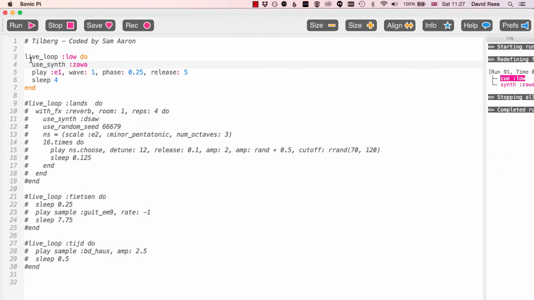So what's going on in this first live loop, the low live loop? Well, simple things that we've talked about before, really. We've selected which synth we want to use. We're using this Zawa, which is a saw synth, one of the ones that comes with SonicPi, and we're just asking it to play a note of E, a pretty low E, in an octave way, way, way down towards the bottom of the keyboard. And if we have a listen to that,